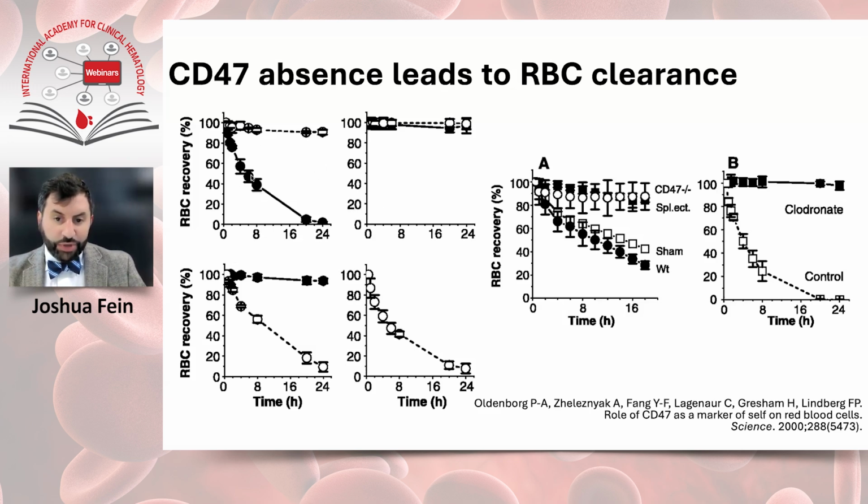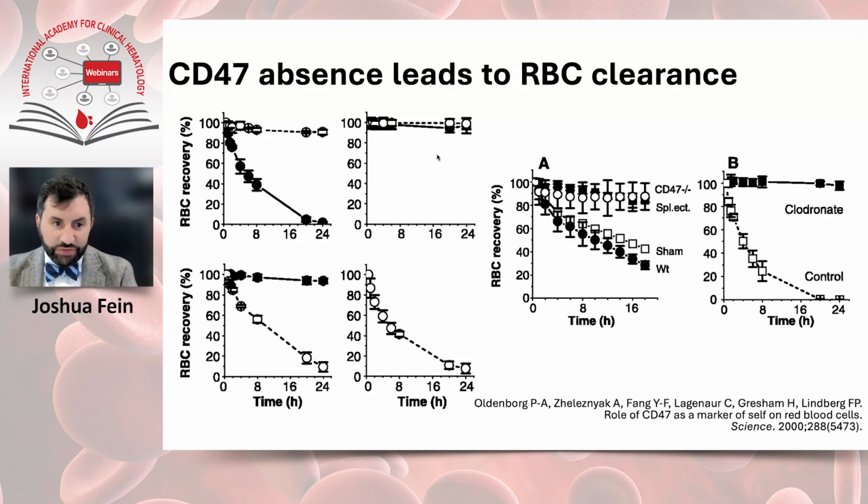On the upper left-hand corner, this is actually looking at what happens if you give a CD47 double negative red blood cell to either a CD47 double negative recipient or a CD47 wild type recipient. And the wild type recipient is here in the filled in black dots. And so having that existing CD47 recognition in place is necessary for RBCs to decrease over 24 hours and essentially be fully eliminated. They postulated that it's actually the CD47 that is on the macrophages that are involved in that education process.